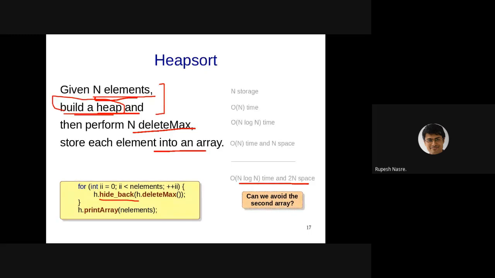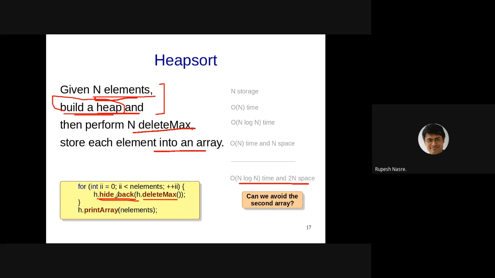So the algorithm again turns out to be really very small, right? The complexities are already inside delete max. Of course, there is build heap also that is required. So we do a hide back of that element whichever you have removed, and now n minus 1 elements remain, and you just do a delete max over these n minus 1 elements.